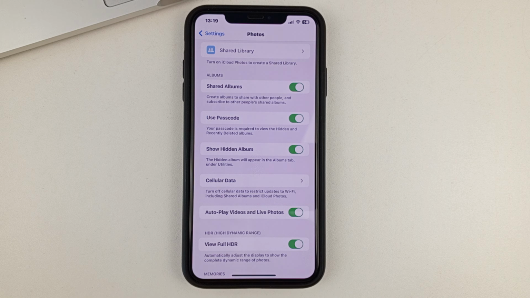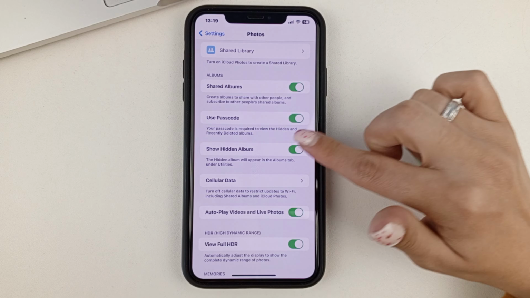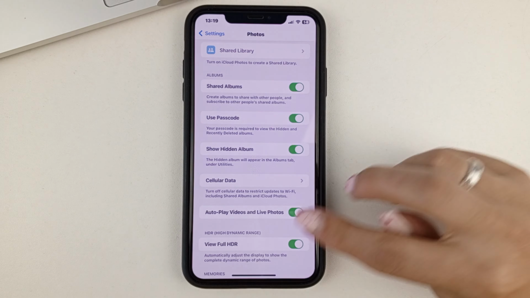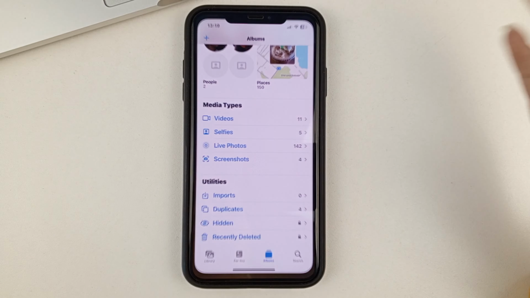That is, what you unlock your phone with. With the same method, you will unlock this hidden folder. So you'll need to activate it, and set a password, or set Face ID.